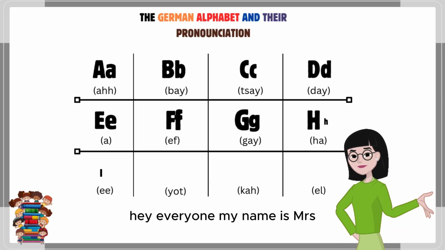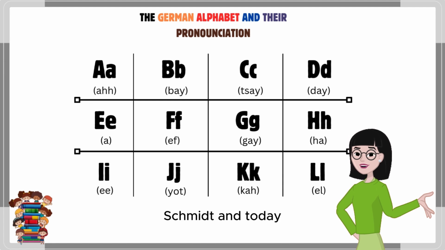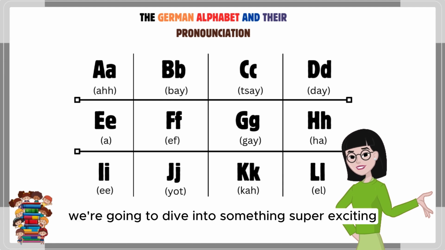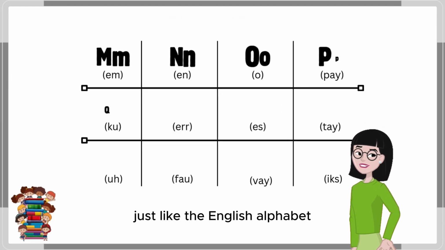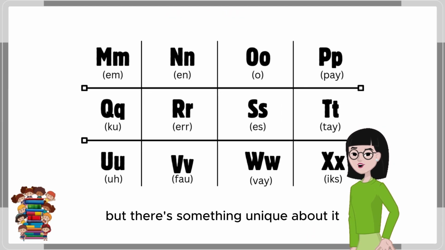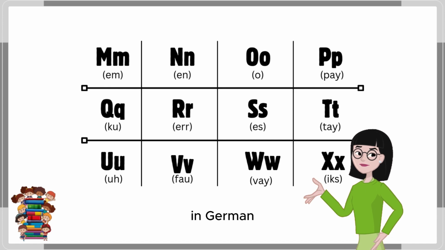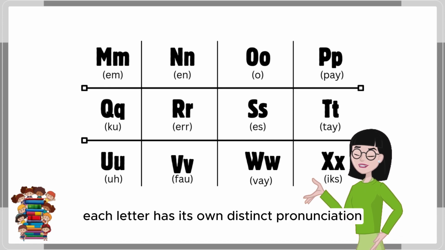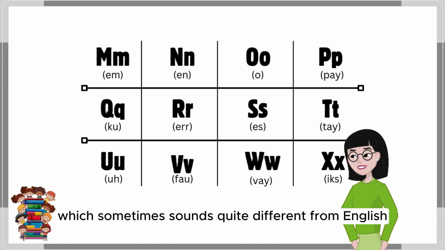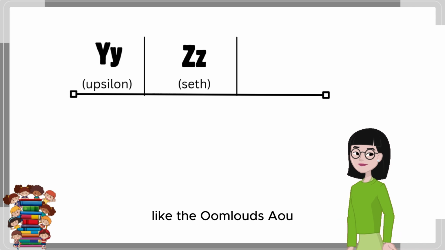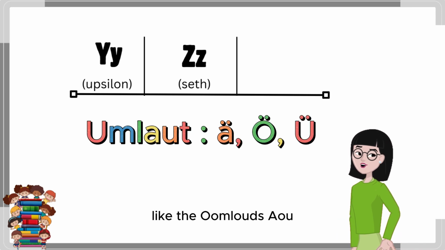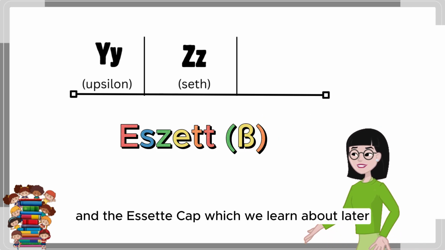Hey everyone, my name is Mrs. Schmidt and today we're going to dive into something super exciting, the German alphabet. The German alphabet has 26 letters, just like the English alphabet, but there's something unique about it. In German, each letter has its own distinct pronunciation, which sometimes sounds quite different from English. It also includes a few special characters like the umlauts, Ä, Ö, Ü, and the Eszett, ß, which we'll